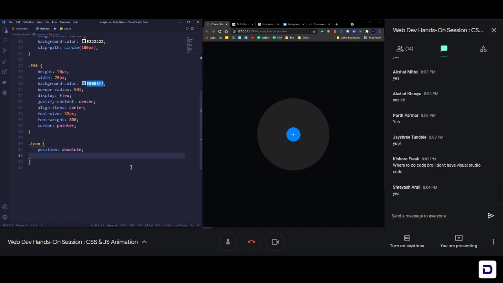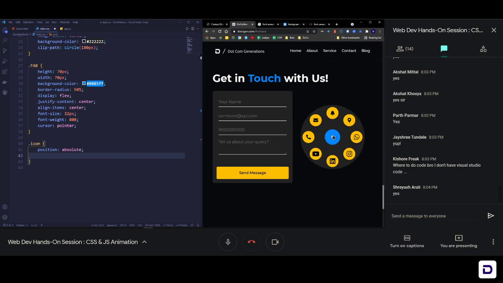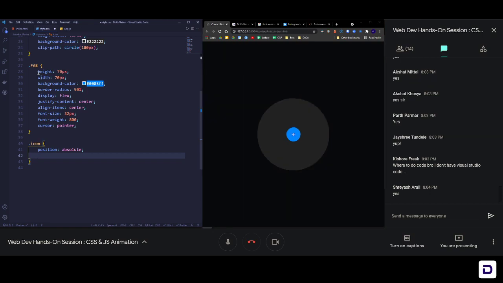Right now we are just going to style it first and then do it. This icon should be a little bit smaller than the original blue icon. If this is 70 pixels, then this should be less than that. So let us choose a smaller height and width. Let me copy this whole thing from here, bring it back here, and instead of 70 pixels, we're going to say 60 pixels. And the background color is going to change to the yellow color, and the yellow color's code is FFBD00. That's the code for the yellow color.